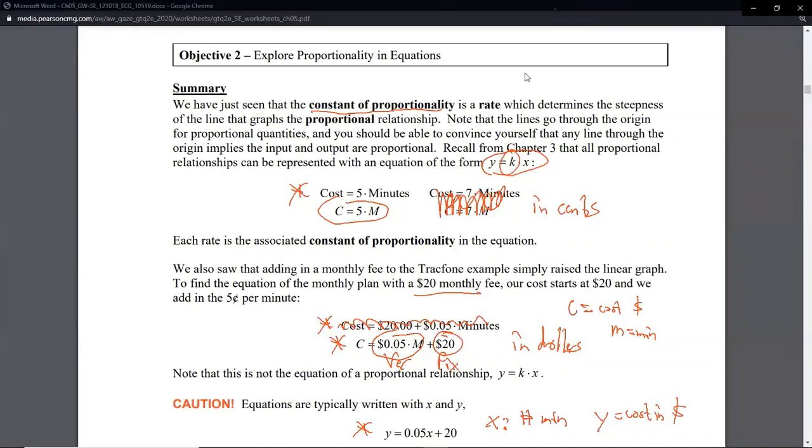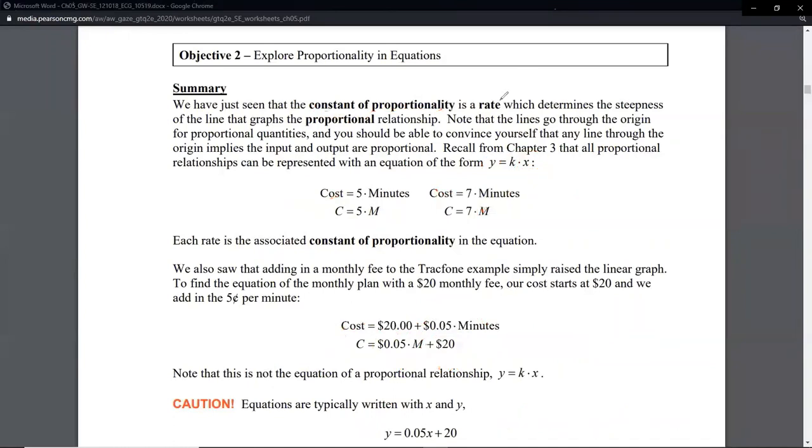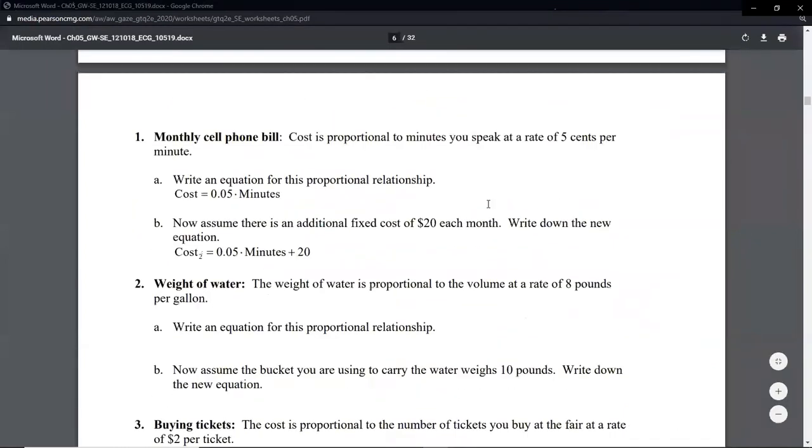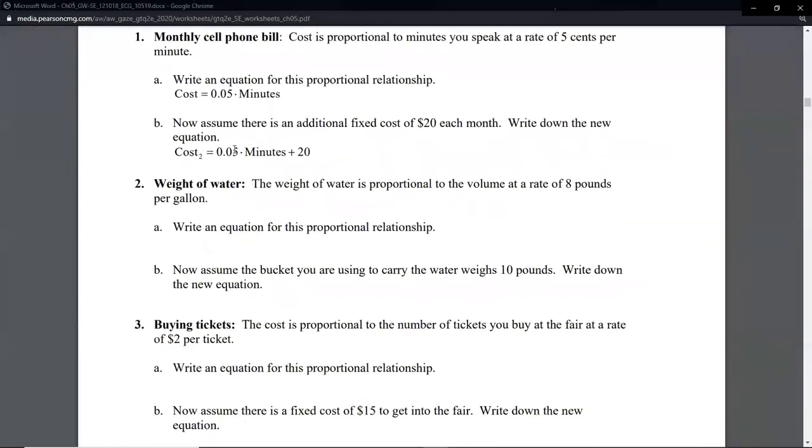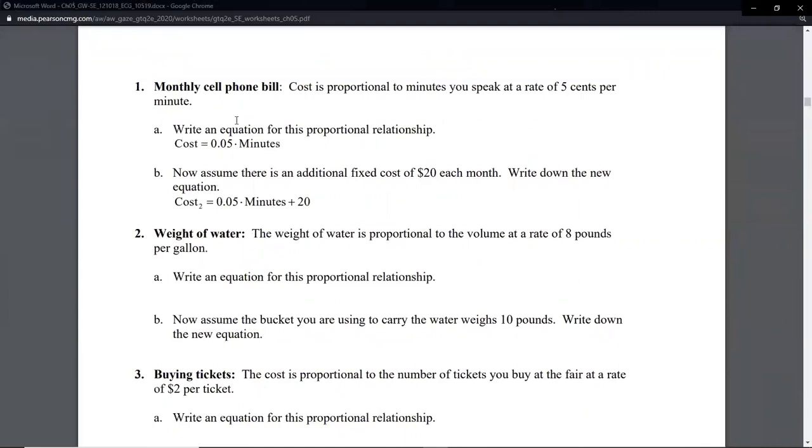All right, so I got to clear my screen. Let's go off of annotate. So we already did the first one. Don't worry about this little sub 2. We're not going to do any of that. I don't even know why that's there, but it's okay. If they were going to call that 2, they should have called this a 1. That's all I mean. So for problems 2, 3, and 4, this is our goal, 2 parts, A and B.